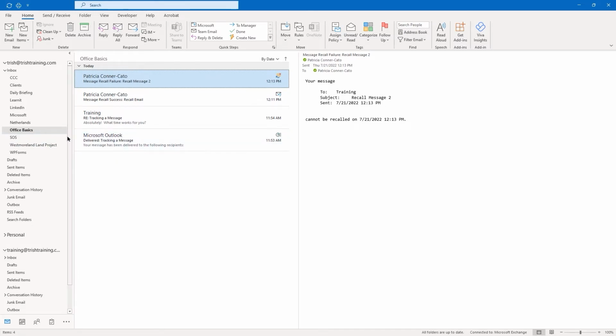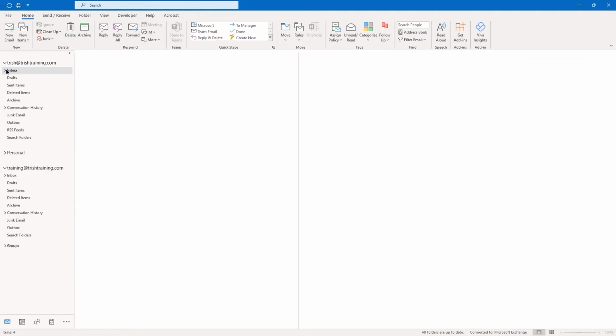Now, this is the tricky part, right? I have all of these different folders. And I have some rules set up. So if I get email from this particular client, the Netherlands, it goes directly into that folder. And then that folder will have the number 1 or 2, however many unread emails are in there. If you're going to use the folder structure, that's not going to be as efficient as it can be, because you don't want to have to go to each of your folders to read your mail items. And this is where search folders come in.